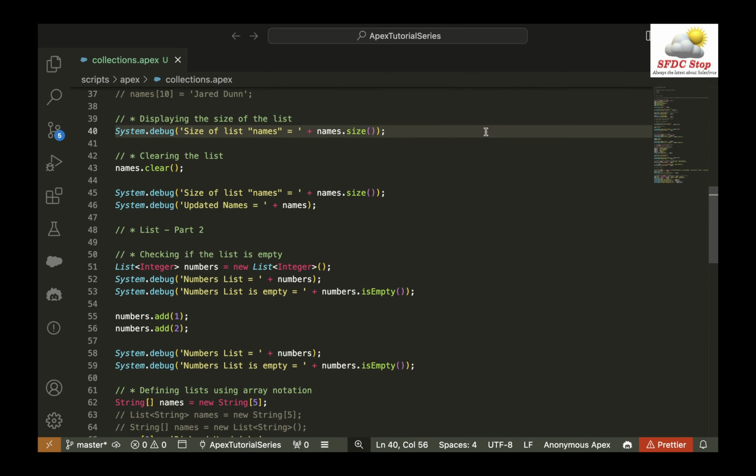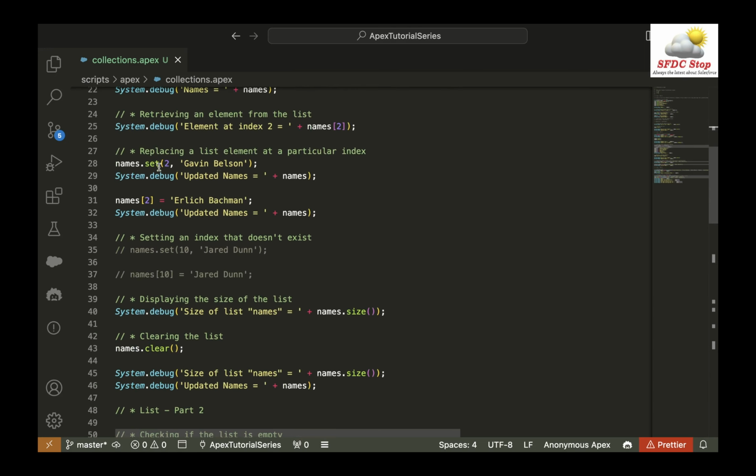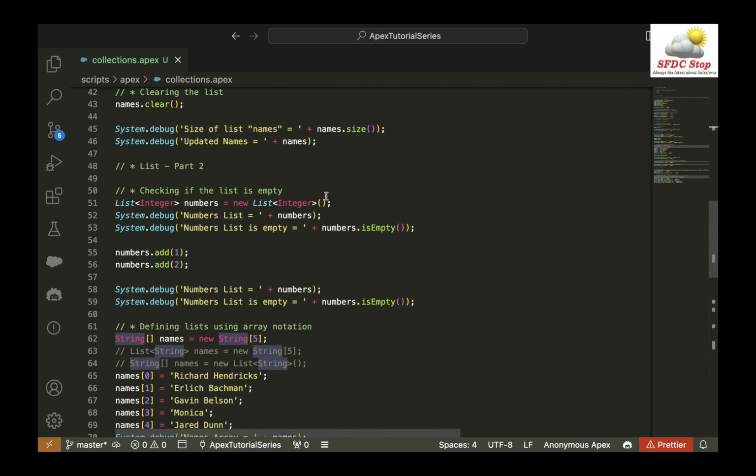Hi everyone. So previously I gave you a homework that, create a list of integers the same way like we created a list of string. So in this tutorial, we are going to get started with that. I'm going to create a list of integers here and I'll tell you about a new function, which is isEmpty